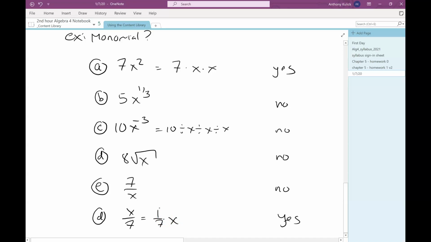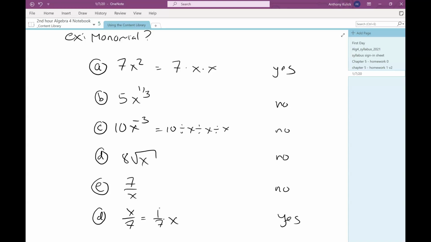We have a little bit better conception of what we mean by a monomial now after running through some practical examples. So again, the number doesn't matter if it's in the numerator or denominator, doesn't matter the exponent on the number, doesn't matter if there's a square root over the number, that part doesn't matter. The variable's exponent must be a non-negative whole number. Can't have anything else over the variable, right? No radicals or anything else. Everybody cool? Okay, so then a polynomial